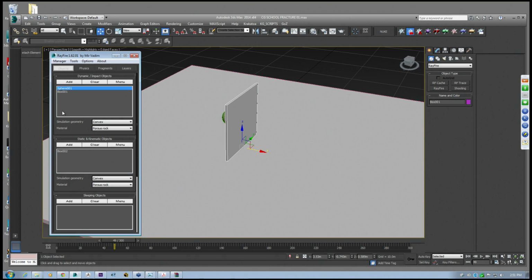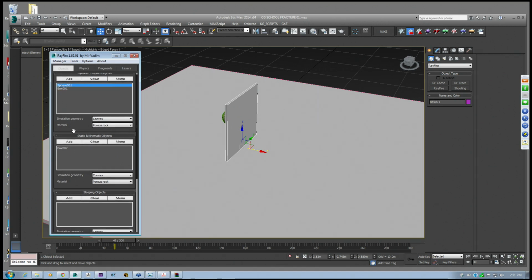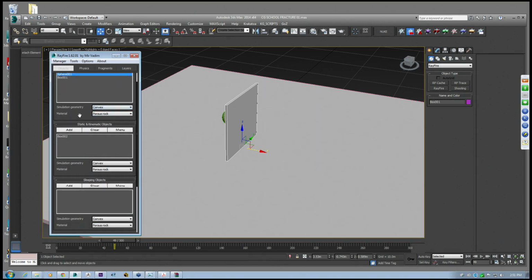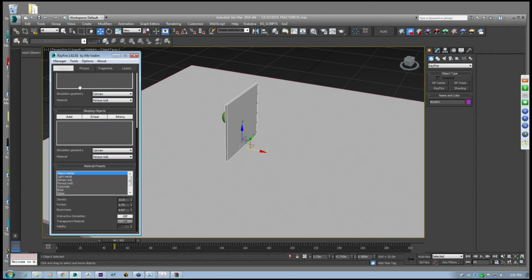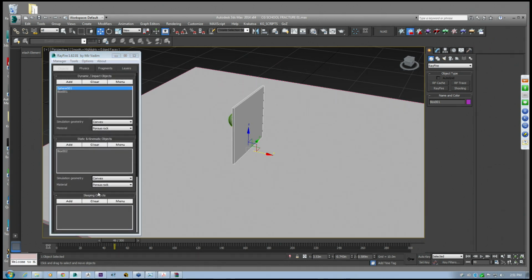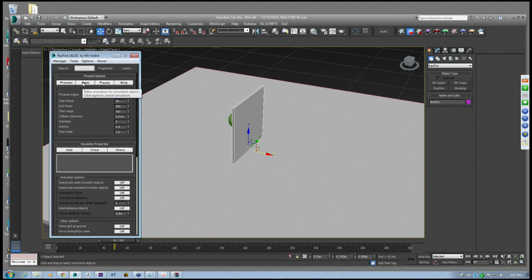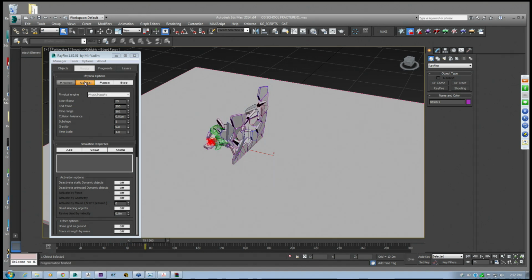Got both our objects in here. So we'll try and bake this in now and see what happens. It is actually smashing the ball as well. So our option in that case is to